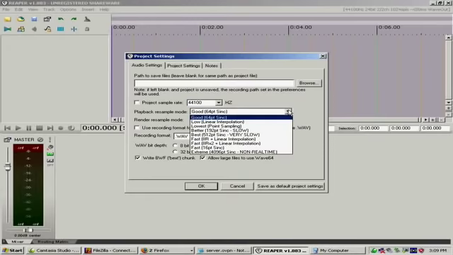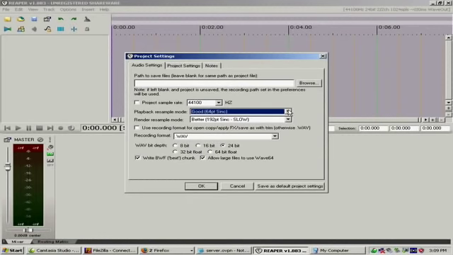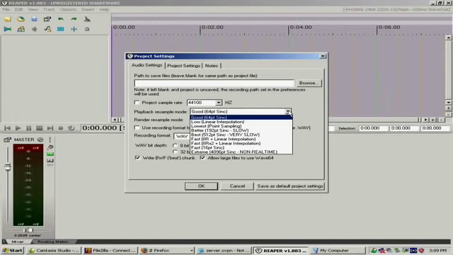One set of features that makes Reaper very different from other digital audio workstations is that it gives you control over a variety of parameters that other stations don't give you. And here is a good example. Playback resample mode. This is a mode that basically tells Reaper at what strength or power it should be running